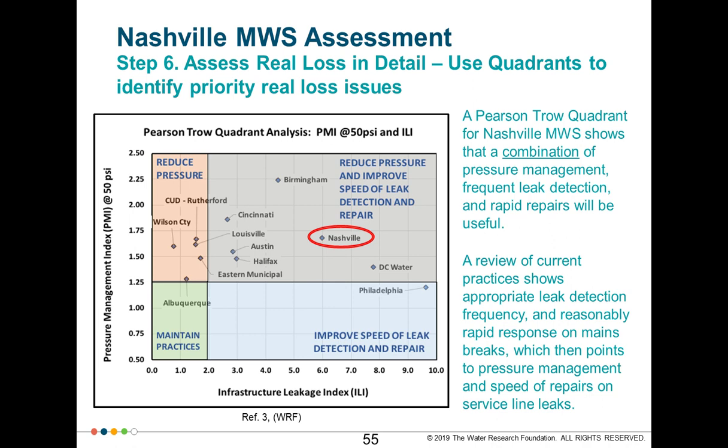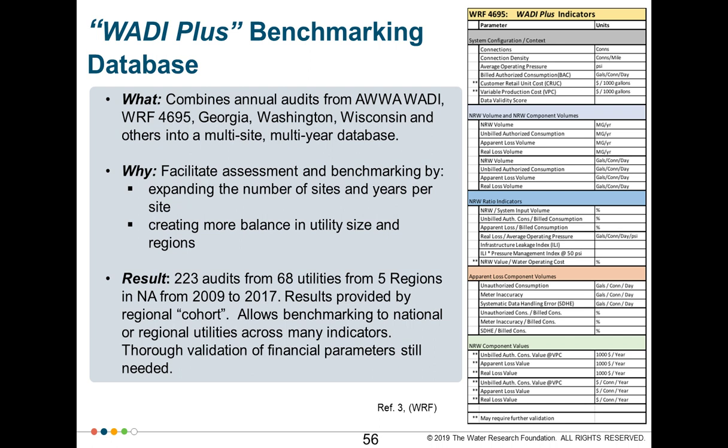Now, more investigation into Nashville's practices shows that the real areas of focus are on pressure and repairs on line connections. All right, I need to speed up a little bit. I mentioned the benchmarking database. This is called the WADI Plus that we developed, and we combined audits from a number of sources, principally the Water Loss Committee's WADI data set, along with a number of others, to have a broader database, more years, more locations, ended up with over 200 audits and 68 utilities,